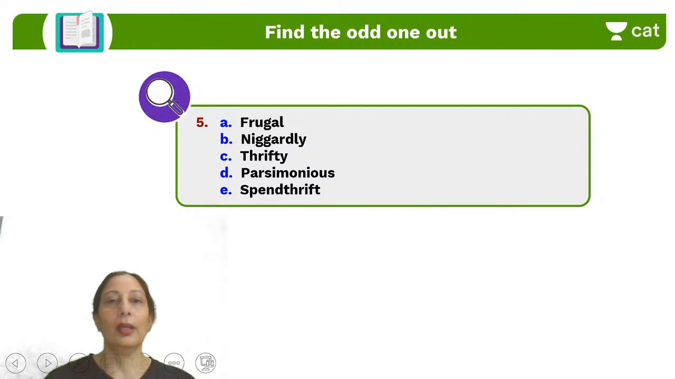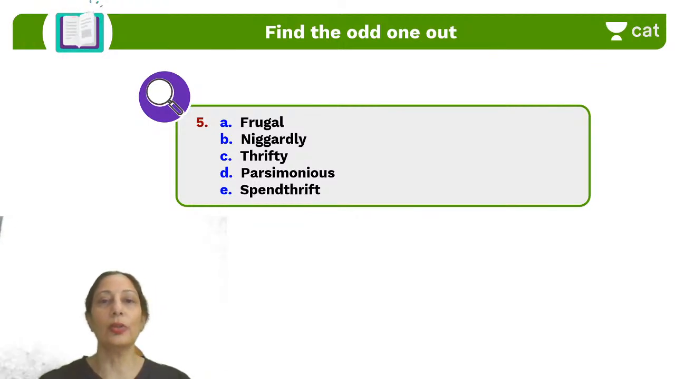Okay, guys. Frugal, niggardly, thrifty, parsimonious, spendthrift. What do you think is the answer? Except D, all are related to money. Parsimonious also means related to money. So the answer, guys, is